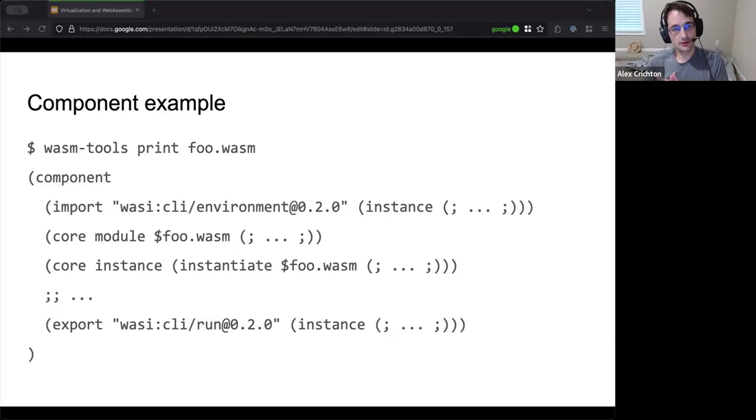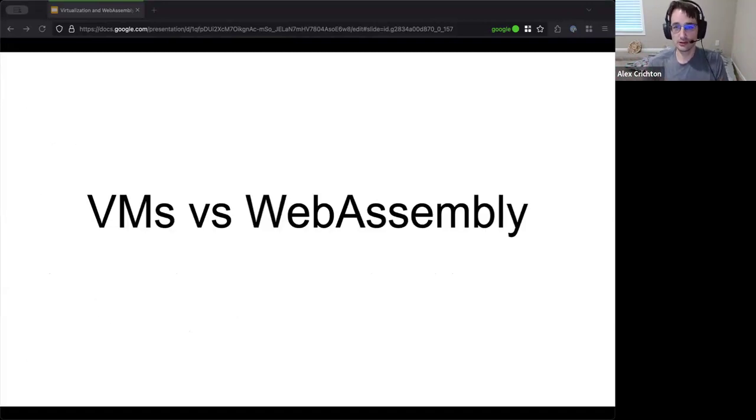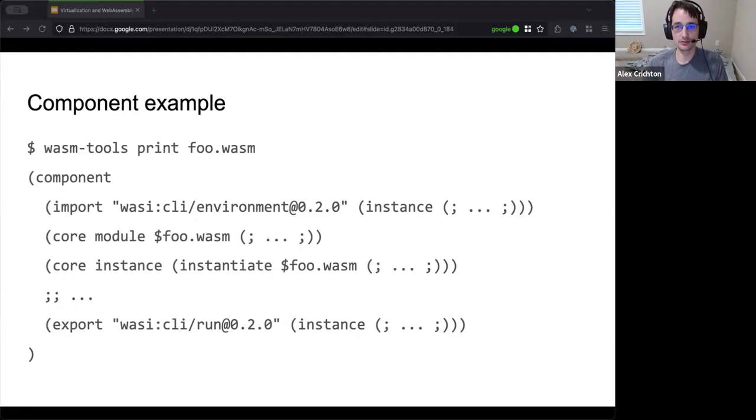So, all right, that was my whirlwind tour in 15 minutes to WebAssembly. I want to pause here. Does anyone have any questions about WebAssembly? I can go back, and otherwise I can go forward and talk about virtual machines and WebAssembly. So any questions? All right, I'm assuming you're all WebAssembly experts now, so I'll move on.